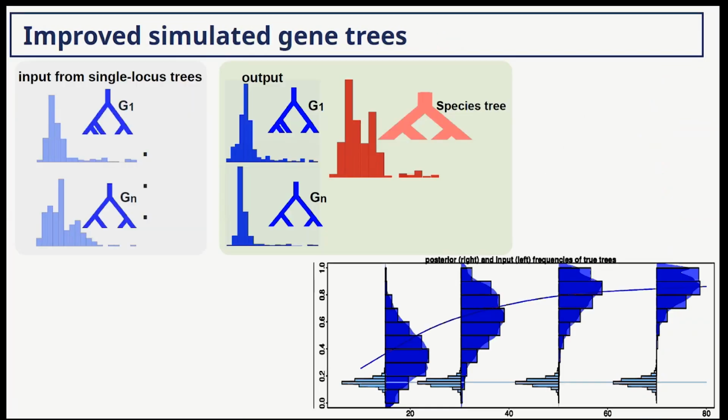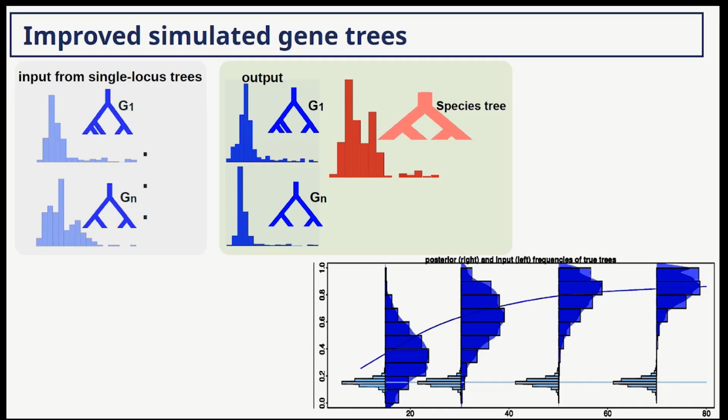And this is another thing that I was also very happy about. I'm sorry, there should be a transition. So forget that you're seeing the answer here at the bottom part. So the inputs: this is a two-stage MCMC. You use an MCMC to estimate the Bayesian posterior distribution of each one of the genes, so you have a distribution of trees for each one of your gene families. You give this bunch of files to the software, and it tries to reduce the uncertainty. We were interested in the distribution of the red tree, the species tree,